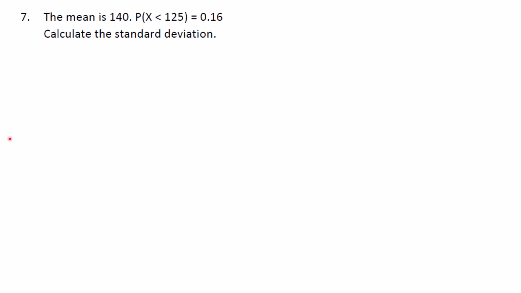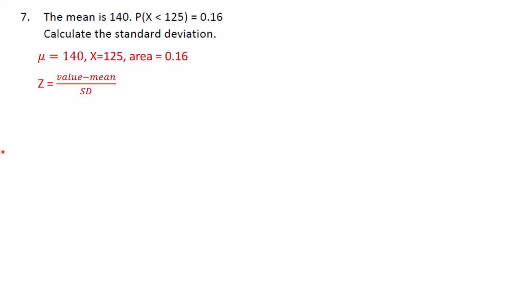Problem 7 is a little more complicated because I don't give you the mean and the standard deviation. So this is what I know. I know the mean is 140, our value is 125, and our area is 0.16. I also know it's left pointing area, actually, so that's something to make a note of. All right. So if I needed to go ahead and calculate the z-score, well, I'm going to go ahead and